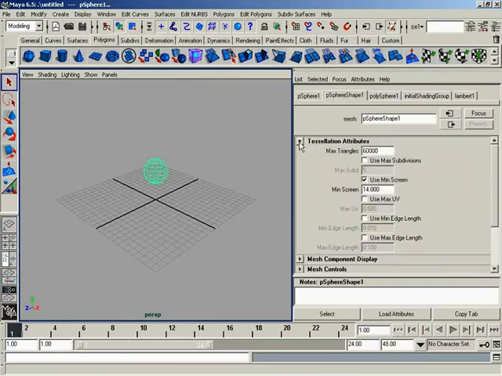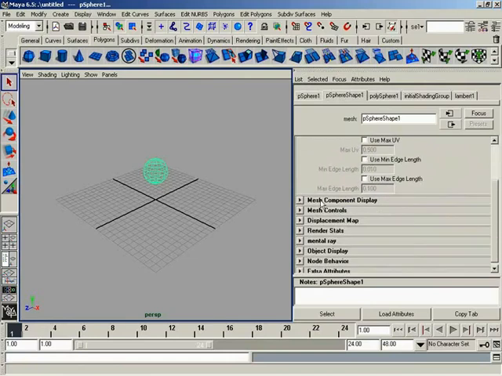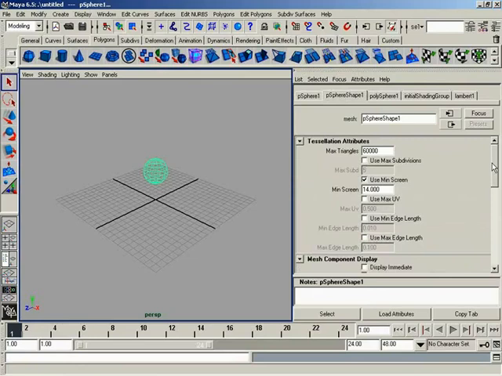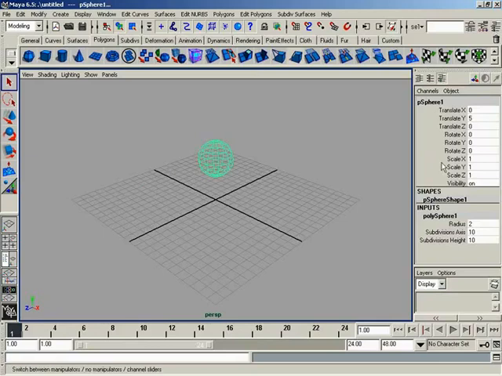The shape node had no attributes that we were able to see in the channel box, but yet coming into the attribute editor, where we can see all attributes, there are a ton of attributes available. The bottom line is they simply are not keyable. So I'm going to come up here and click on this icon right here on the status line, which will quickly switch me back over to my channel box so that now we're seeing a much more focused view of